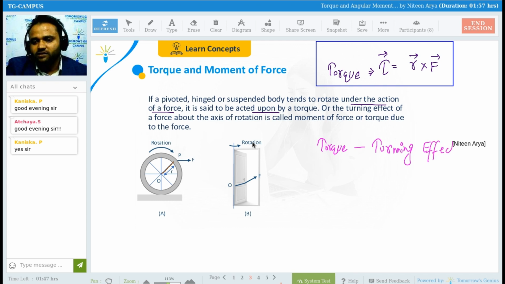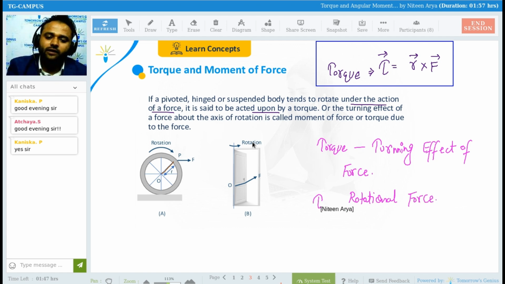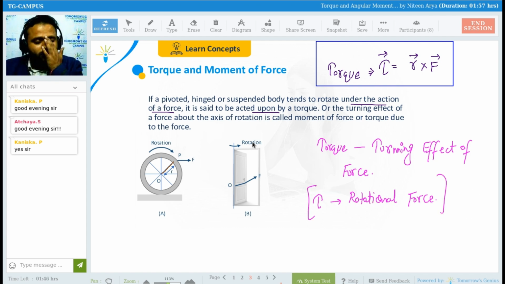Okay, you can write this as the turning effect of force, or what I preferably write as rotational force, or you can say rotational effect of force. So whenever we consider a force in the rotation of a system, or rotation of an object or a body, any particular force which is going to rotate your body, system, or object